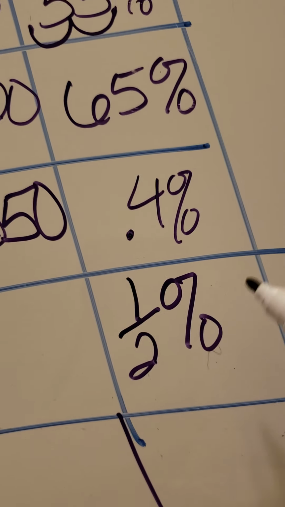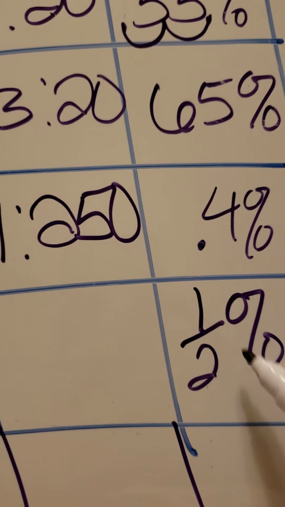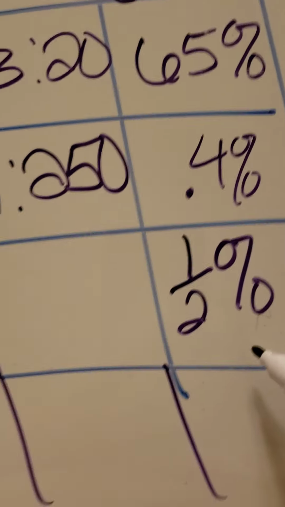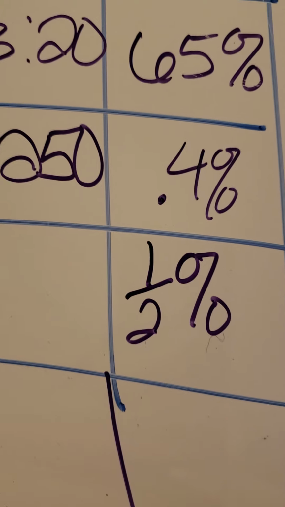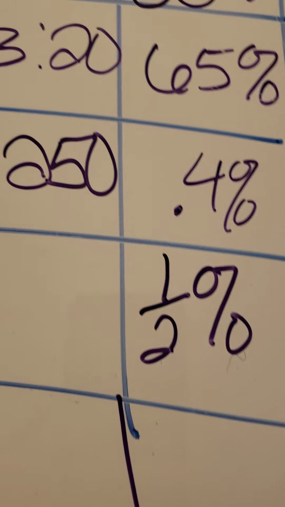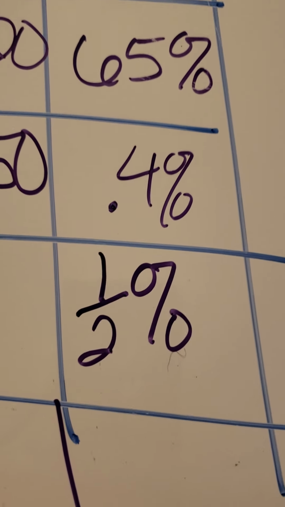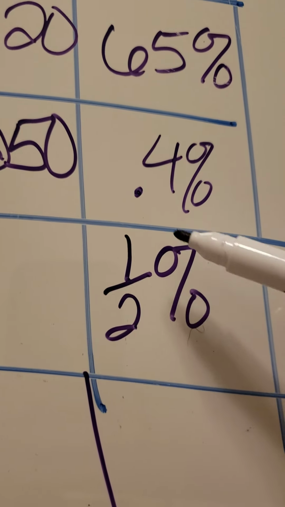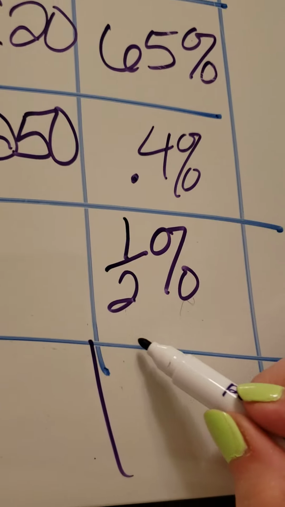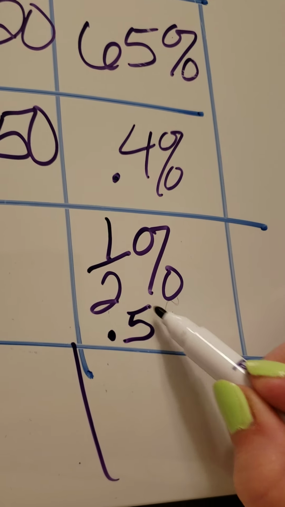But I don't have any decimals over here. I have a fraction. So what I have to do first is take this fraction and make that into a decimal first, and then I can move my decimal. So anytime we take a fraction and turn it into a decimal, divide top into bottom,